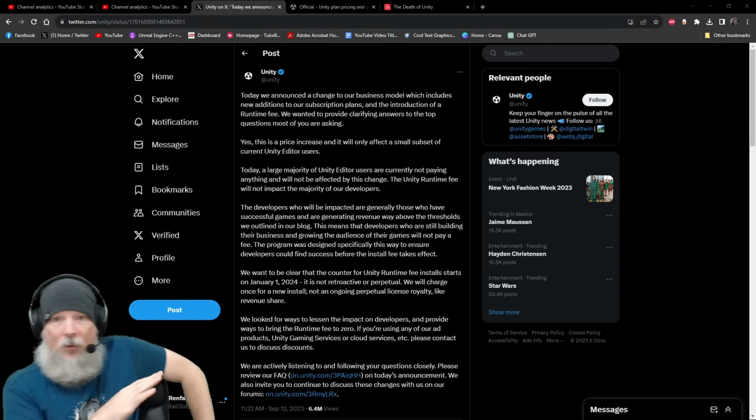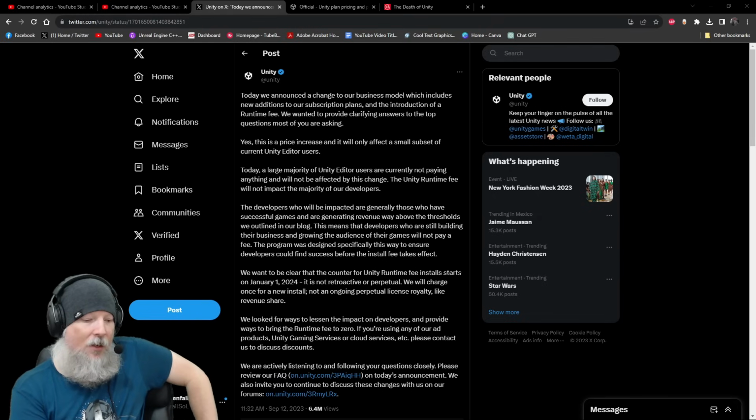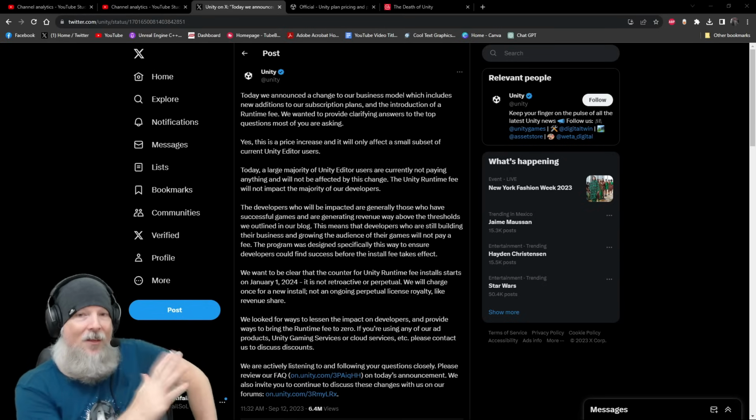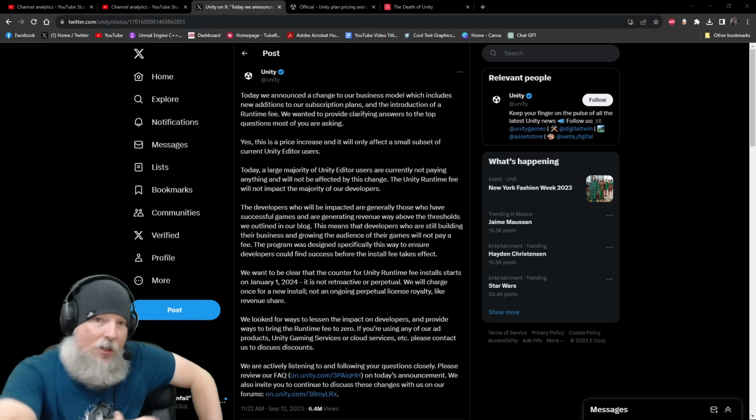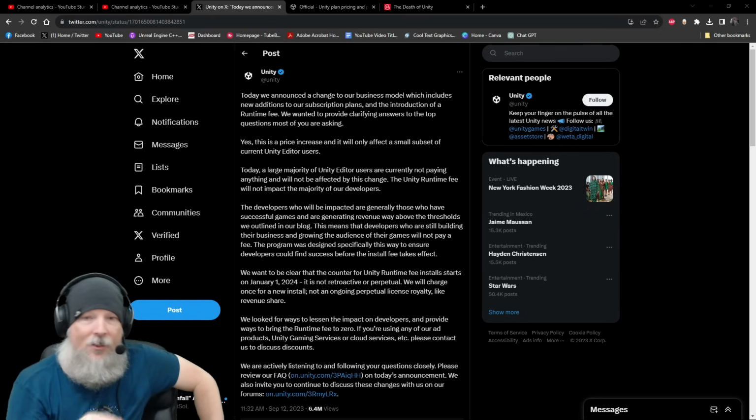Now, for little 1-2 man teams, I think that if you are willing to put in the time, the Unity engine can still be useful. But this monetary change, on top of all the other things that have been coming over the past year, I wouldn't touch Unity with a 10-foot pole.